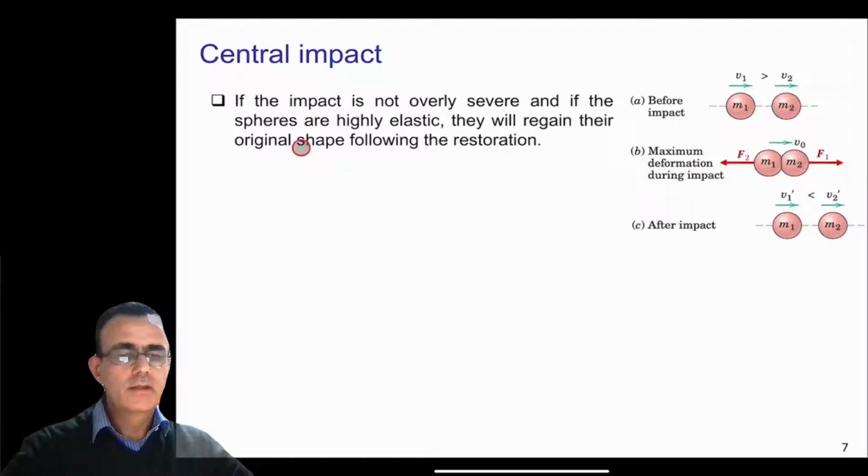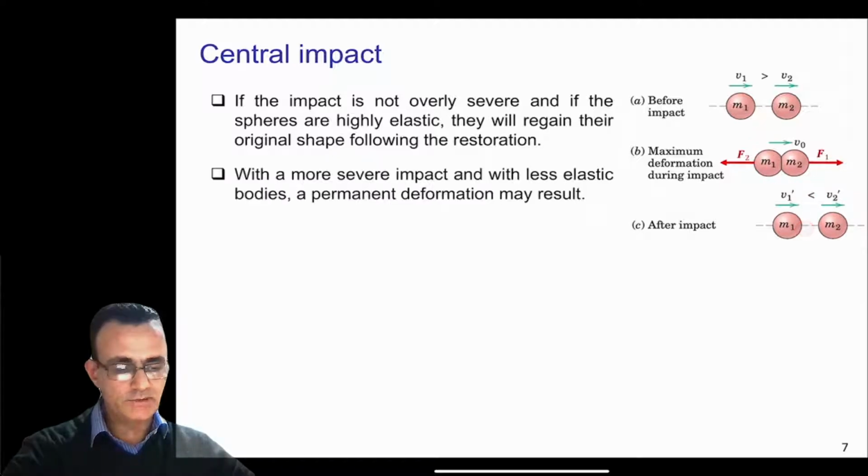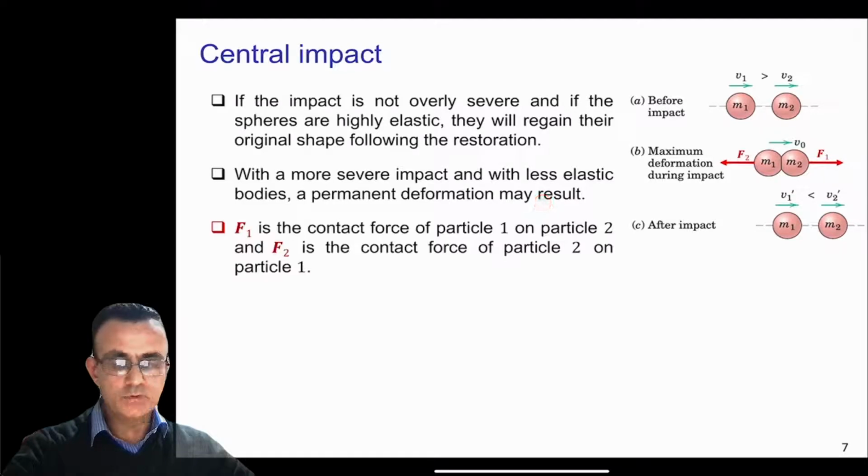Okay, so if the impact is not overly severe, and if the spheres are highly elastic, they will regain their original shape following the restoration. So as you can see in this case here, with a more severe impact and with less elastic bodies, a permanent deformation may result. For example, you can assume that when two cars collide with each other, and as you can see this F1